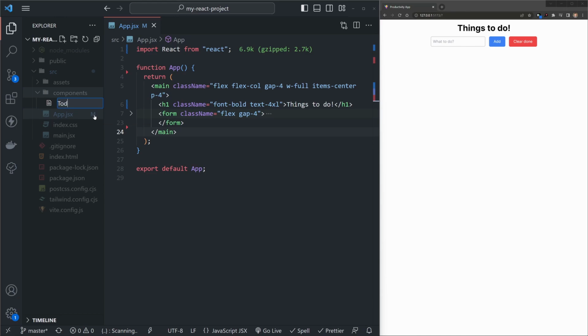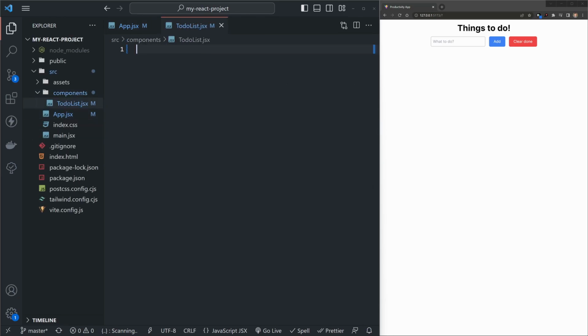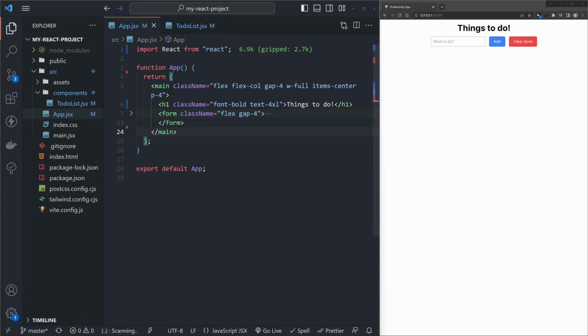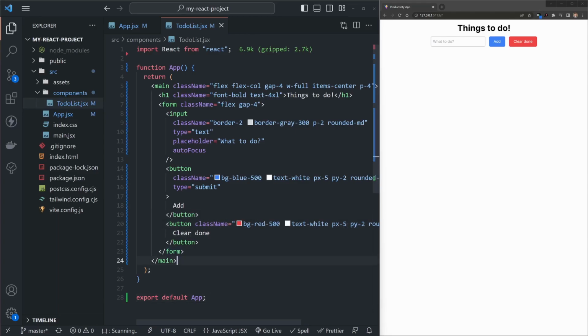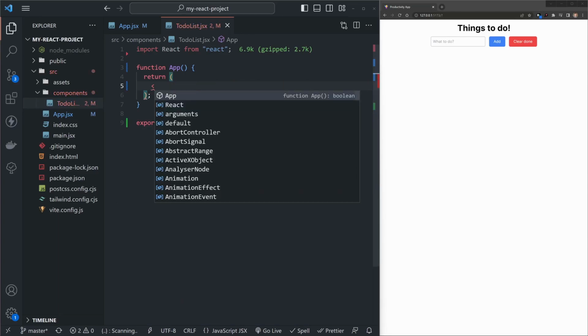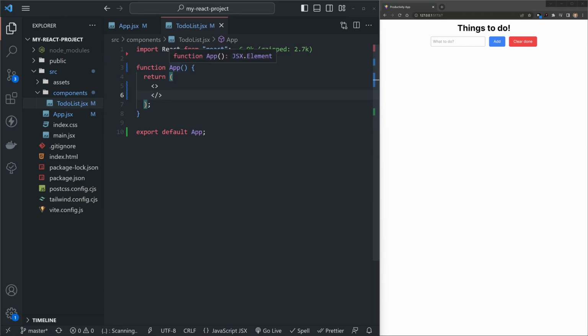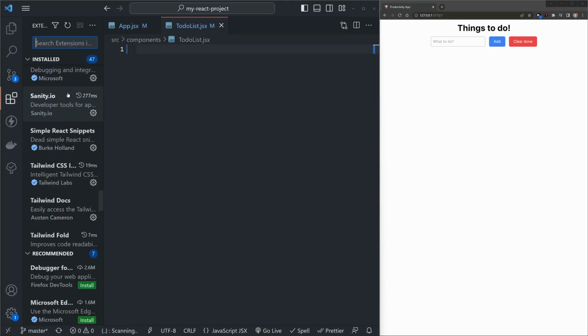So the main thing will be to-do list.jsx. And it's empty. Technically, we know what we want to write. We could, for example, copy this, paste it here, remove this thing, put a fragment at the moment, and then we just need to change its name to ToDoList here and here. That's one way to do it. The other is to type it by hand, which is the worst thing to do. And the best thing to do is just have this extension installed, which is